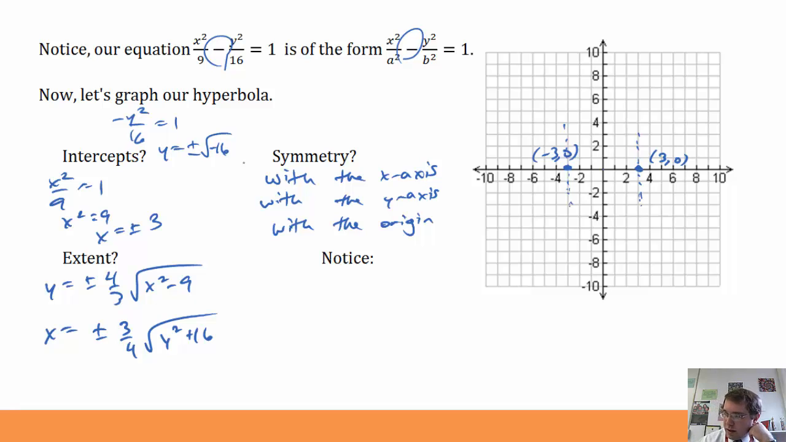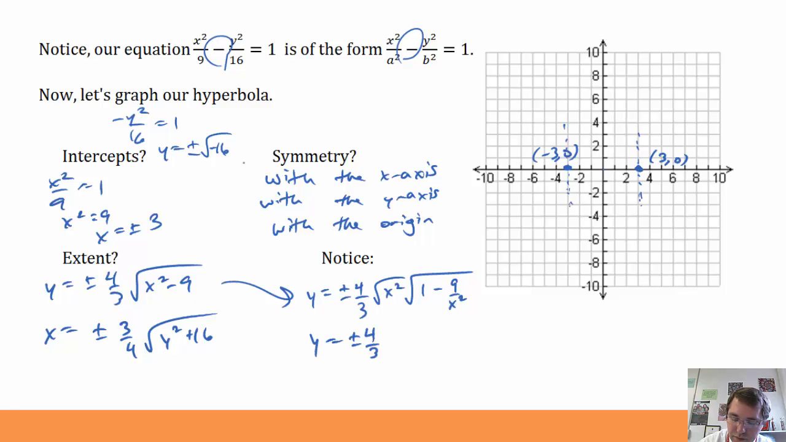Notice that if I were to take my equation here, y equals plus or minus 4/3 square root of x squared minus 9, I can, if I wanted to, rearrange it in a funky way by taking x squared out of x squared minus 9, so that's 1 minus 9 over x squared. If I divide x squared minus 9 by x squared, I get 1 minus 9 over x squared. That way I can take the square root of x squared and get x. The whole point of that